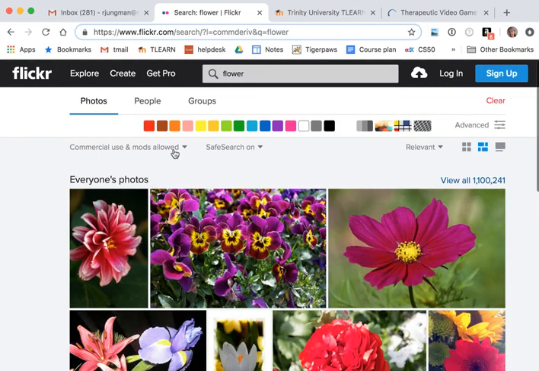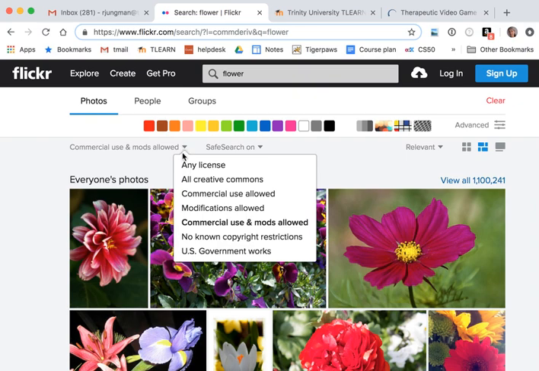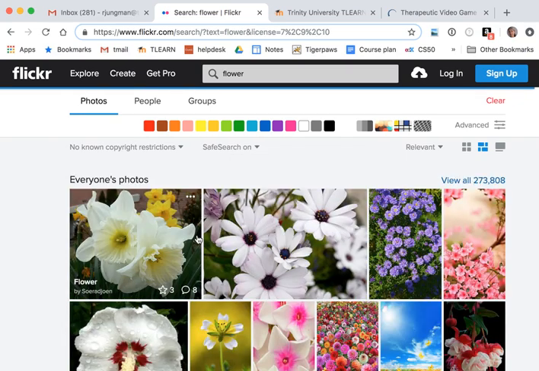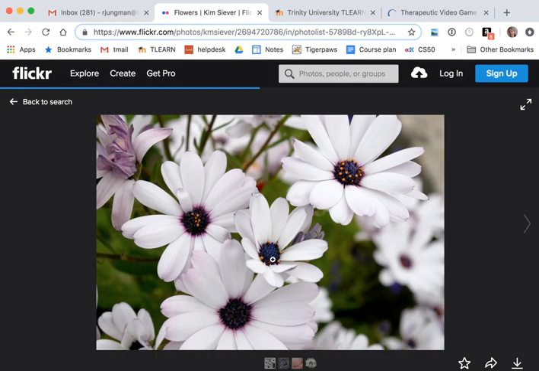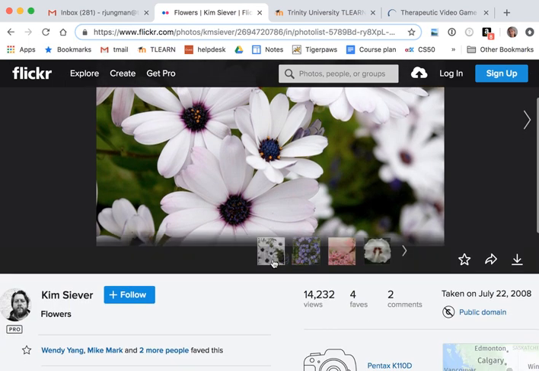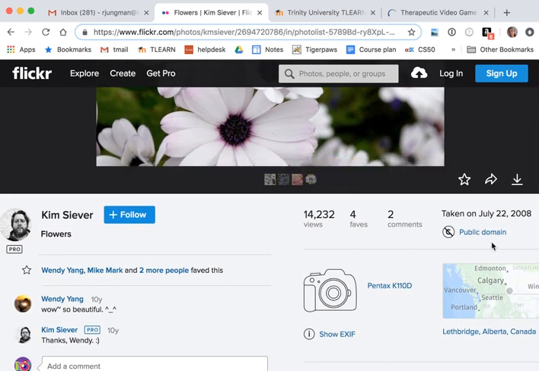and I can, on the upper left here, choose the kind of license. I'm looking for one that has no known copyright restrictions. So I'm going to pick one of these now. And as I look underneath, sure enough, it says it's in the public domain. So I'm going to go ahead and copy the name of the person who created this image and go back to Creative Commons